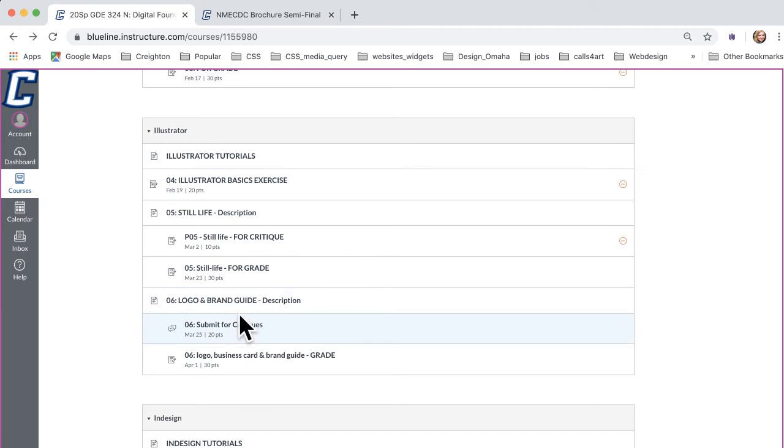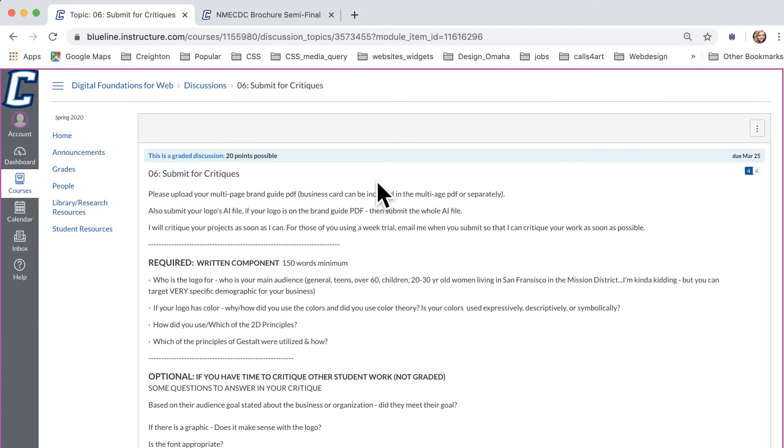So the next one that's up for critique is going to be the logo and the brand guide. I had it originally as a discussion post so that people could do critiques, but I've decided not to do that. I still want you to upload them here simply because it allows people to see your work. Even if they don't want to comment or don't have time to comment, they can at least look at other people's work.